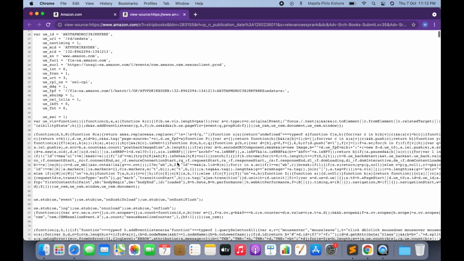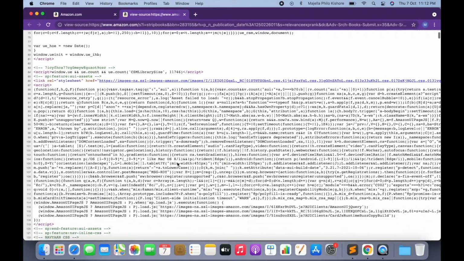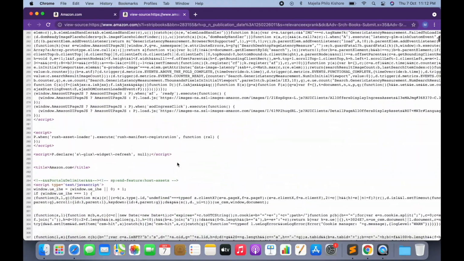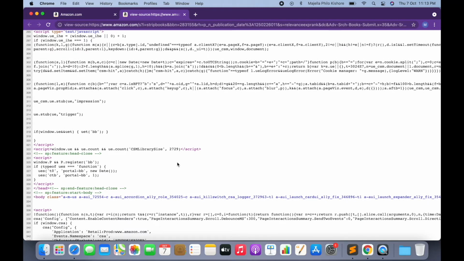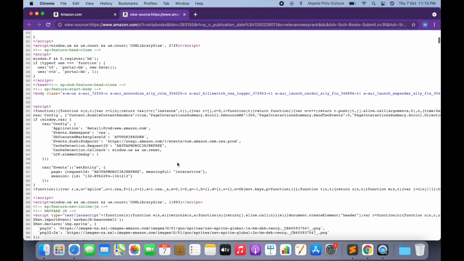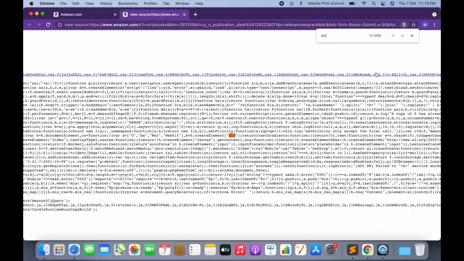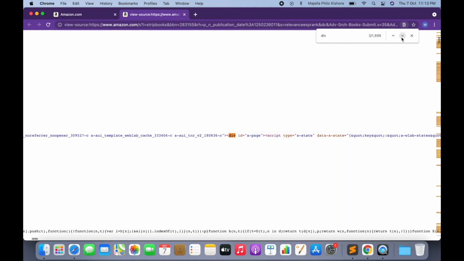in front of you. And basically what we see is a JavaScript file, and when you scroll down you get to know about the different tags that have been used in this particular website. For example, I can show you the division class that has been used in this website. I search for div and there it is. You can see the division tag along with the ID. So each ID has a unique property,